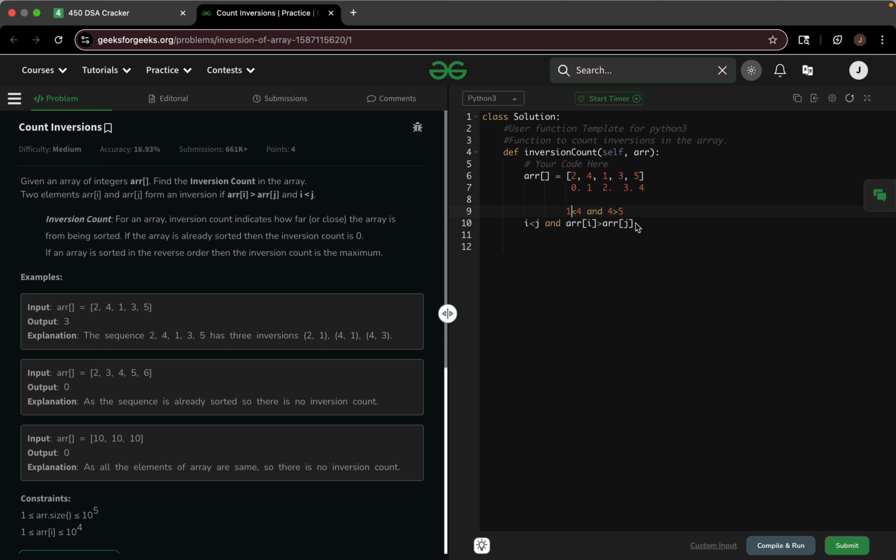But on the other hand, if we take the 0th element and the second element, then what it shows is 2 is greater than 1, and hence it satisfies our condition, and hence one of the pairs is 2 comma 1. So count inversion is basically a method,